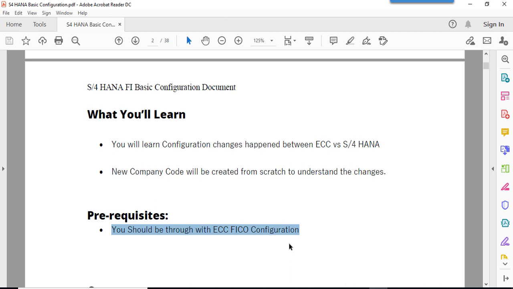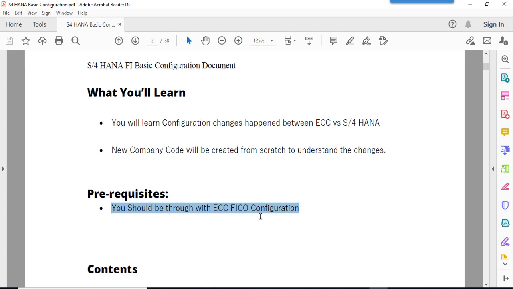Apart from the database, you will find minor changes, which is common even in ECC if you compare from version to version. So you should be thorough with ECC configuration. In certain cases, I may refer to ECC configuration because there is no change in configuration. 90% is the same. You will notice only 10% or 15% changes between ECC and S4 HANA after completing this course.